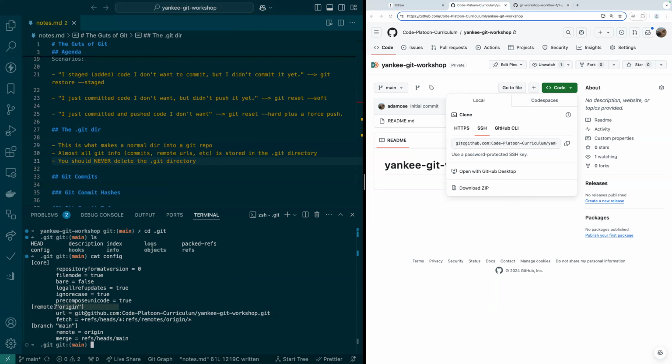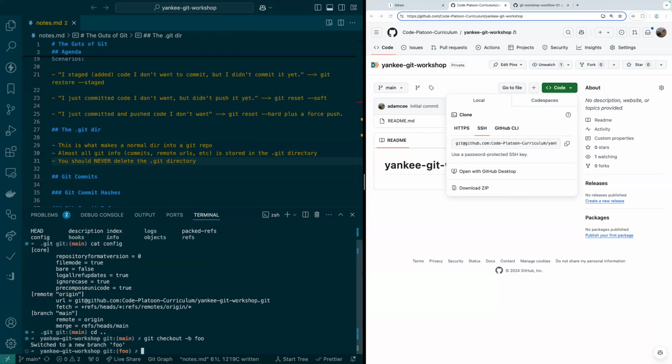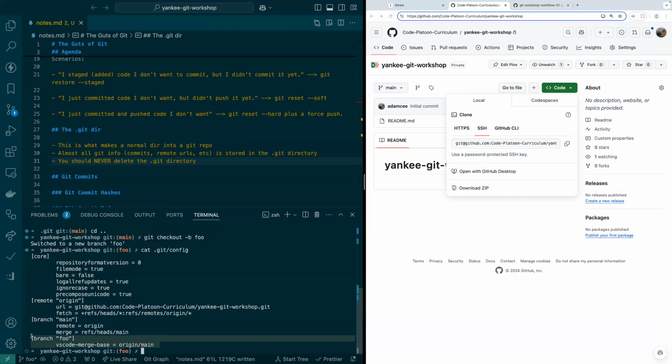You can see here when a branch is created, it's added here. For instance, let's create a branch named foo. And now over here, we have the foo branch in that git config file. I haven't really connected anything from the foo branch on my local Git repo to GitHub yet. Note how for main, there's a remote, but for foo, there's no remote. And if I wanted to, just make a file,